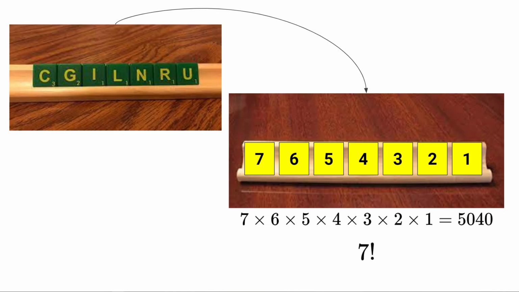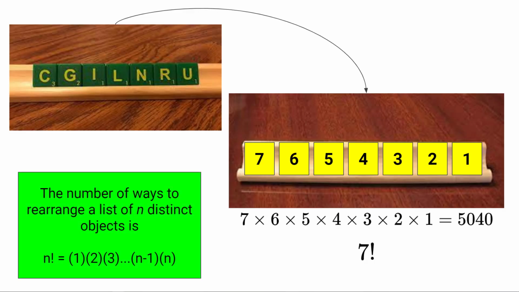More generally, if I had n tiles and they were all different letters, then the number of rearrangements would be n factorial, n times n minus 1 times n minus 2 times, and so on down to 3 times 2 times 1. In fact, n factorial in general counts the number of ways to rearrange any possible list of n